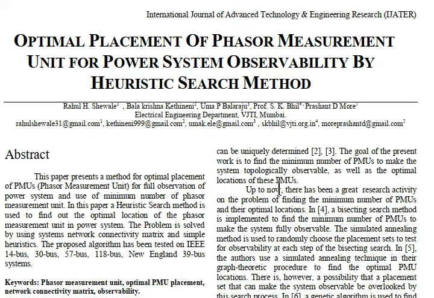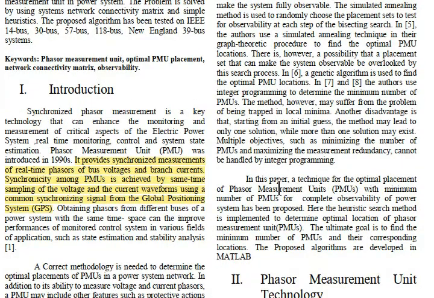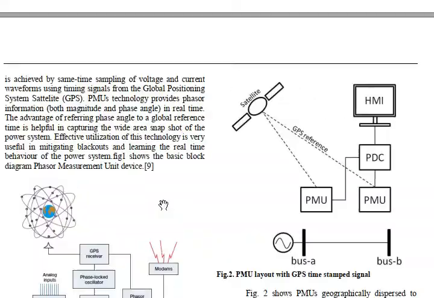So as discussed in our previous lecture, what's a PMU? A PMU is a phasor measurement unit that is used for synchronized measurement of voltage and current waveforms, and it provides the synchronized measurement of real-time phasors of bus voltages and currents of the branches. In this lecture we will discuss the detailed methodology of the optimal placement of PMUs. As previously discussed, these are connected with the GPS, so these measurements are synchronized.